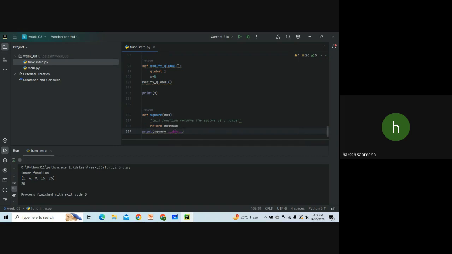Underscore underscore doc, then you need to wrap up with underscores only. Okay. When you call this, just check it out. What's the doc type? This function returns the square. Okay. So one more thing,